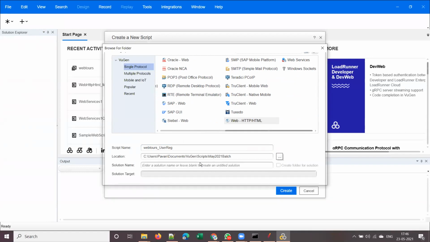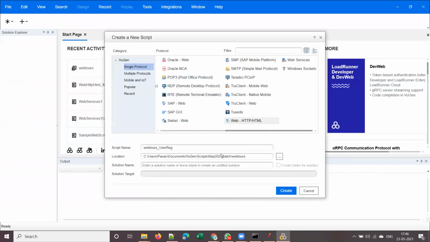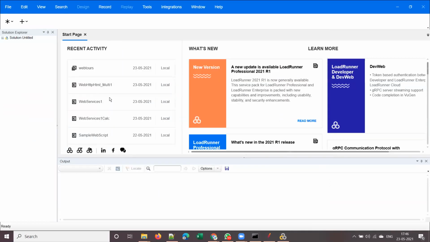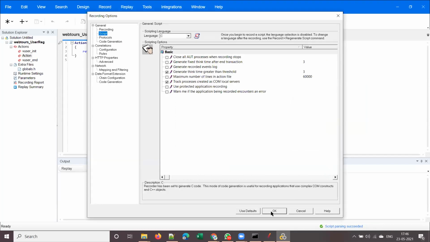I already have a folder called Web2s in this May 2021 patch. I'm directly clicking on the create button, then I go to recording options. Now here you can see the OK button.